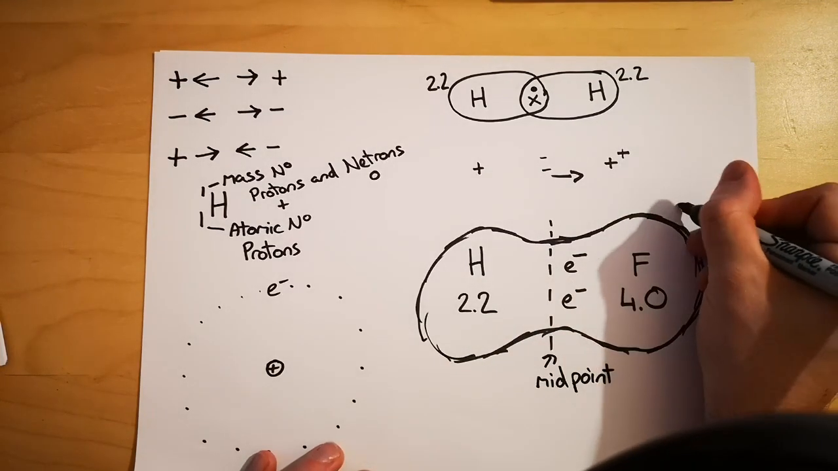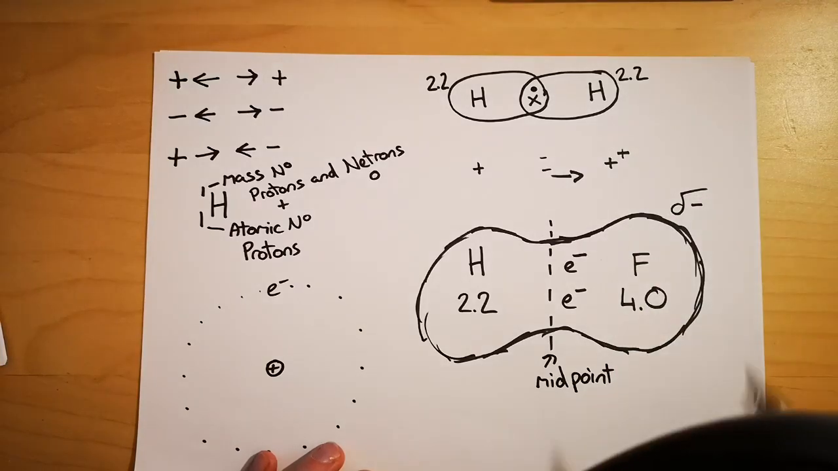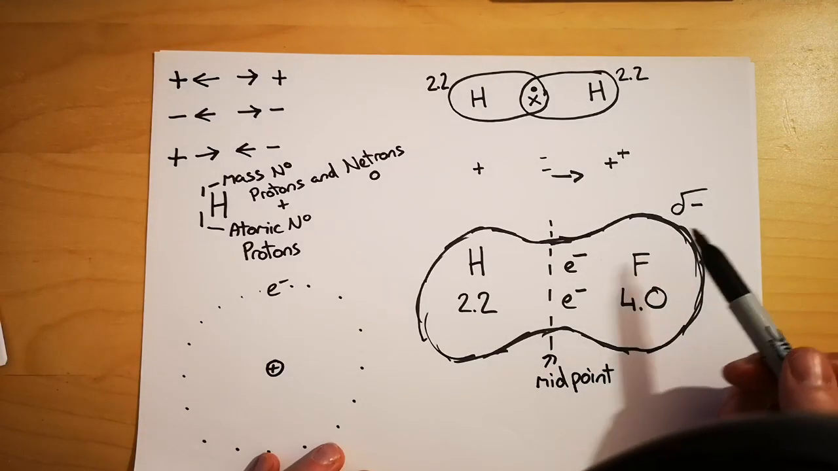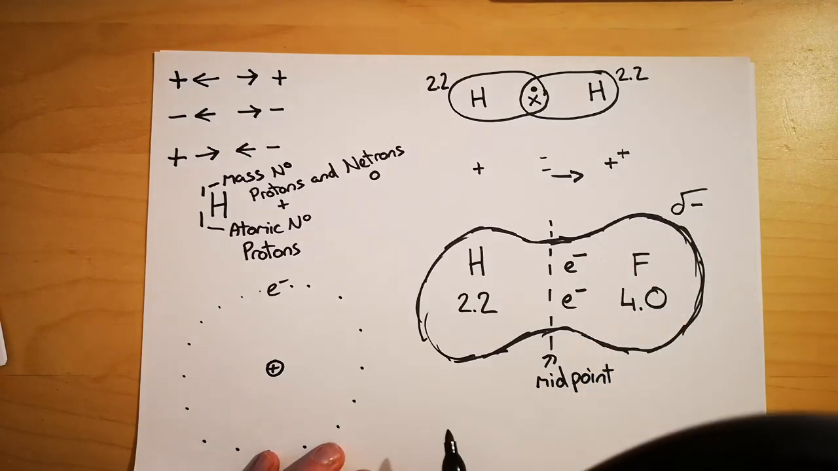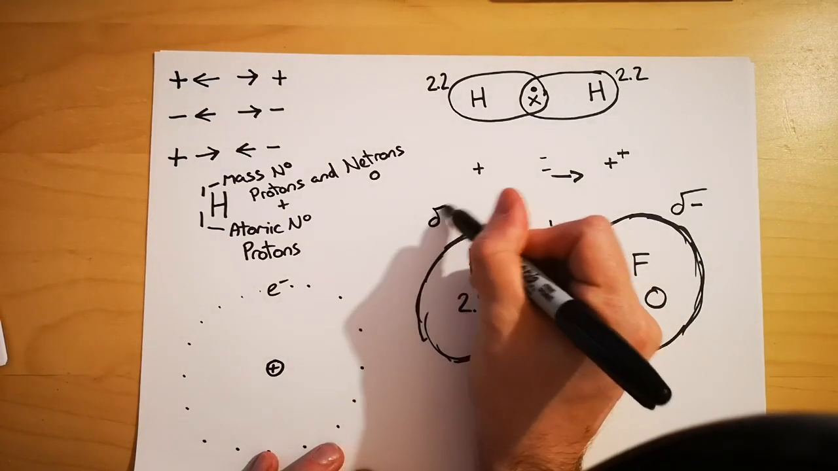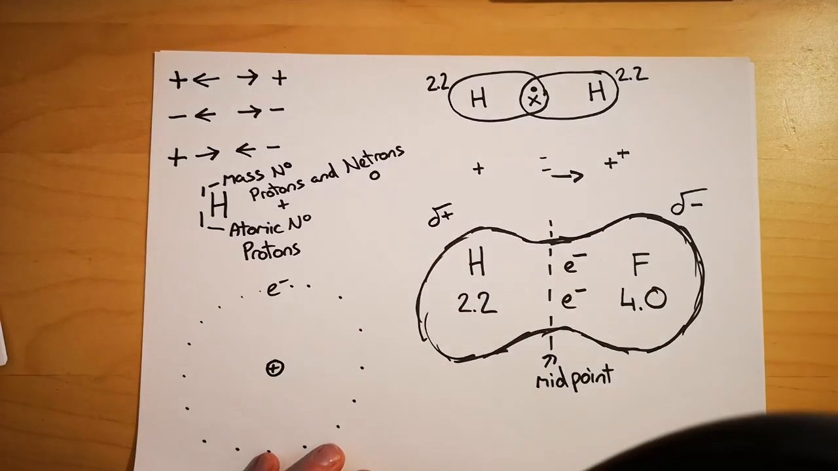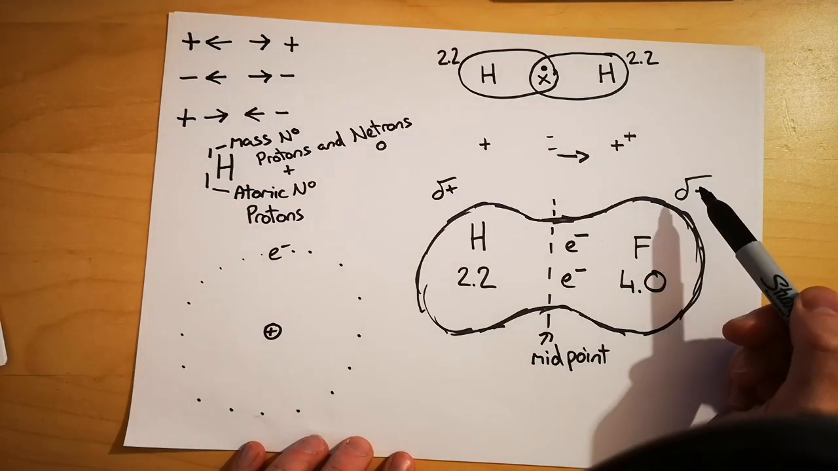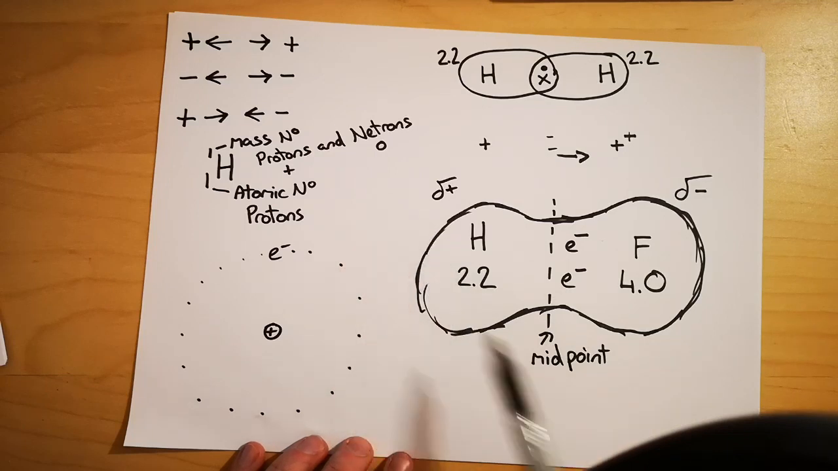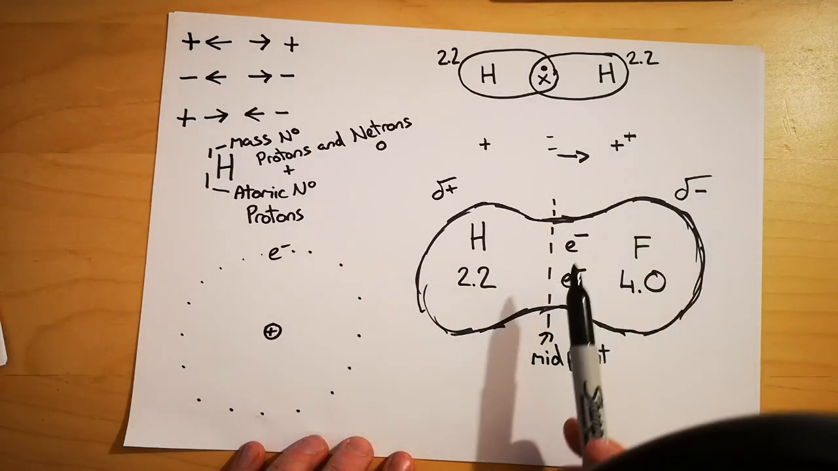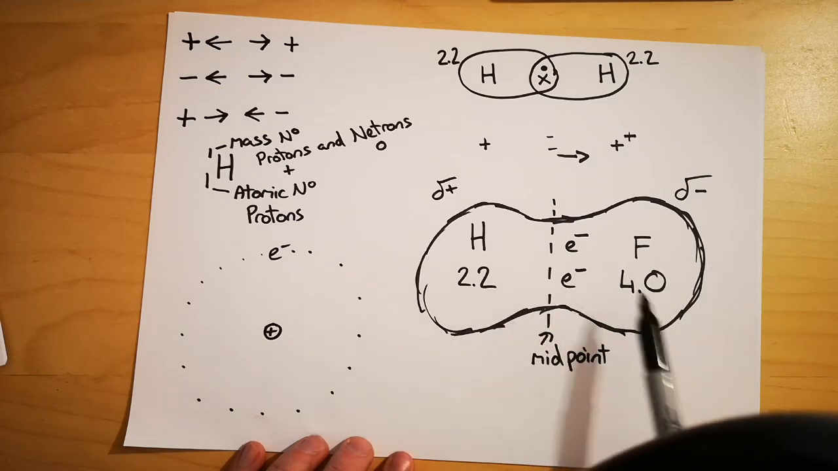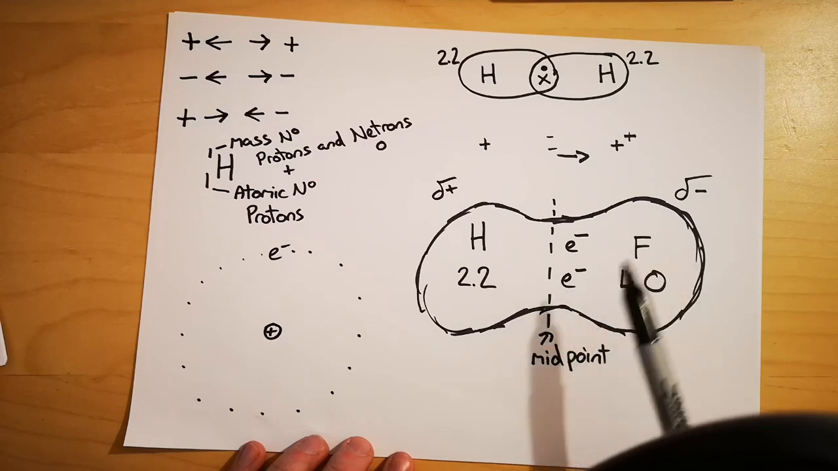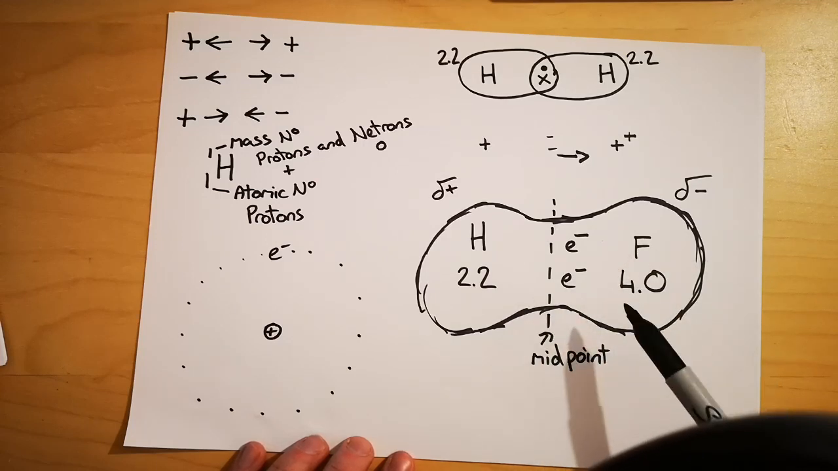So this side here is going to be slightly negative. Now that's the Greek sign for delta. It's what we use for slightly negatively charged. This side is going to be slightly positively charged. It's not what we would term a full charge. So it's not like we've got one more electron on this side or one more proton on this side. It's just slightly negatively charged because these electrons are further over to the fluorine. In fact, because fluorine's so good at pulling electrons,